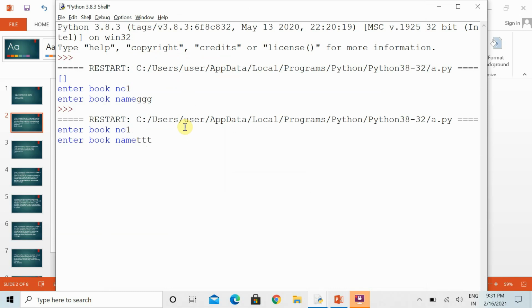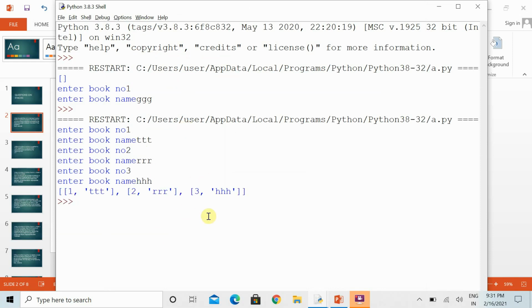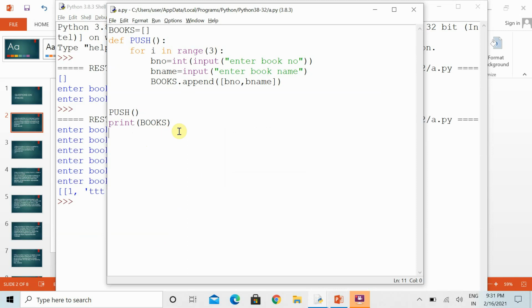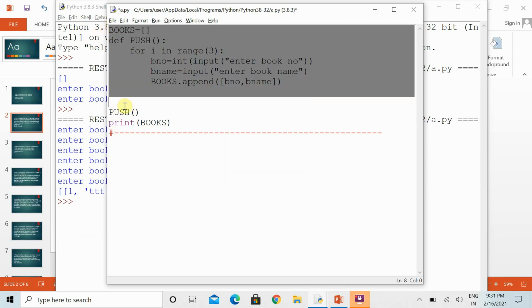Now we can see, suppose this is the book number, this is the name of the book, says third, and you can see in the append function we can add the entry. In this way you can check, but normally in the exam they are not asking you to call the function. You just have to write this much definition for the question.